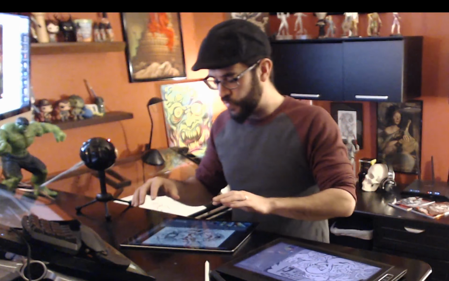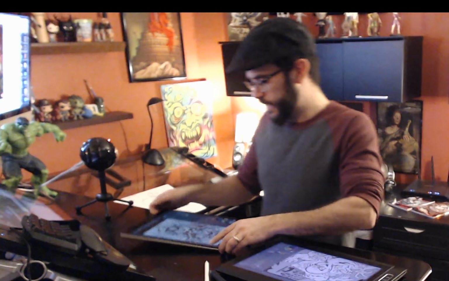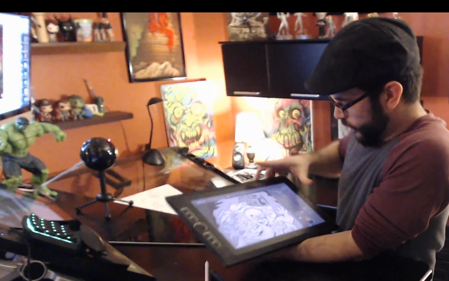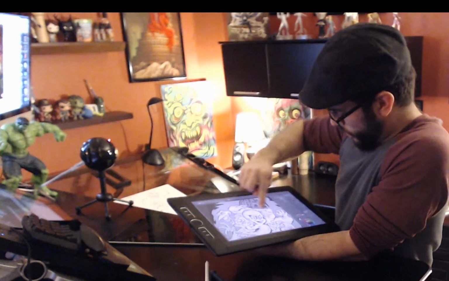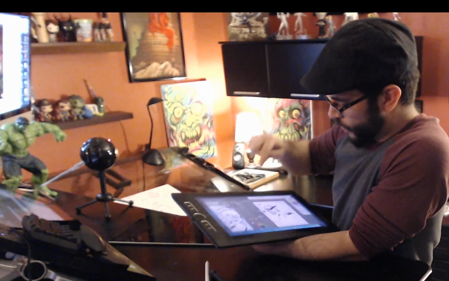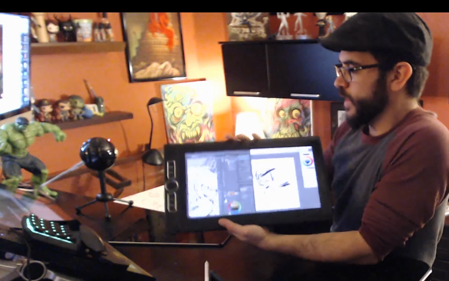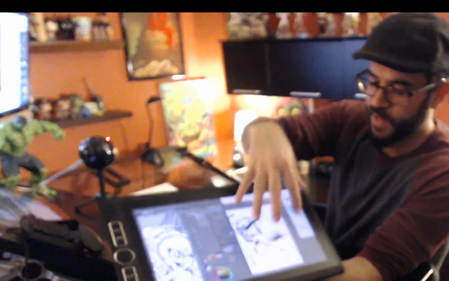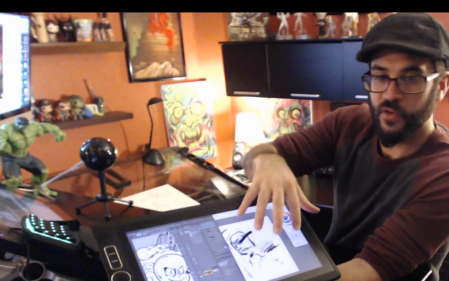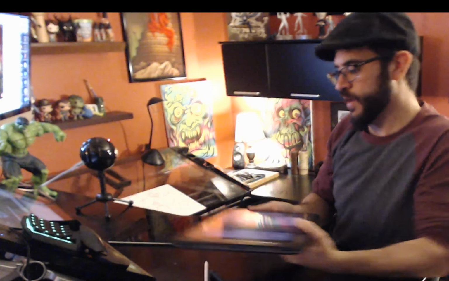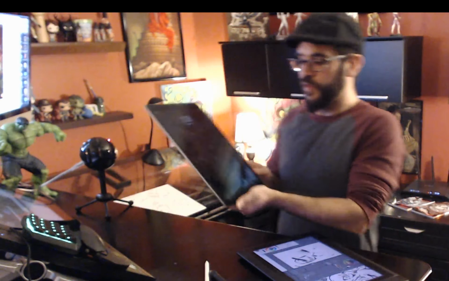But I was comparing the side-by-side windows feature on both of these. They both have it, but I feel like Windows is a little easier to do. Let me try to remember. Yeah, so you can just drag a window like that, and now you're seeing 2 programs side by side. This is really handy because I could have a Chrome browser here with some reference material, and then I can draw on the left side. With the Apple, you can also do it,